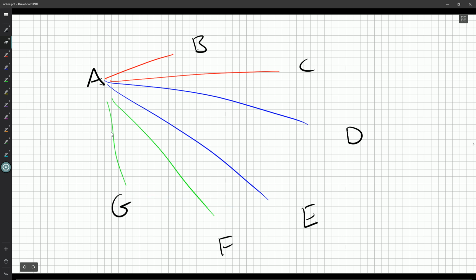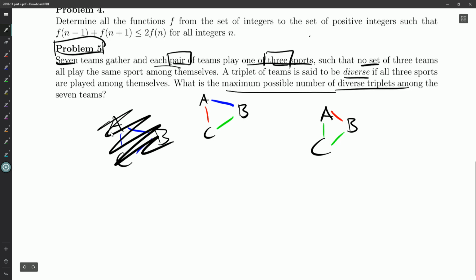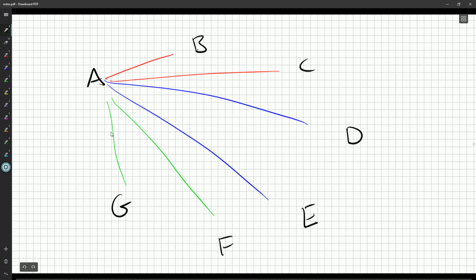So there's going to be 2 parts to this question at least, and I don't know how long each part should be, but for a general question like this, they want to know the maximum number possible. So we're probably going to develop a little bit of theory to maybe create an upper bound, say that at most we could have 6 diverse triplets. I don't know if that's the answer. But then, if we show that you can't have more than 6, we actually have to come up with a visualization or an expression of these 2 teams play this, these 2 teams play this, that does, in fact, achieve our upper bound of 6. Okay, so there's going to be those 2 parts.